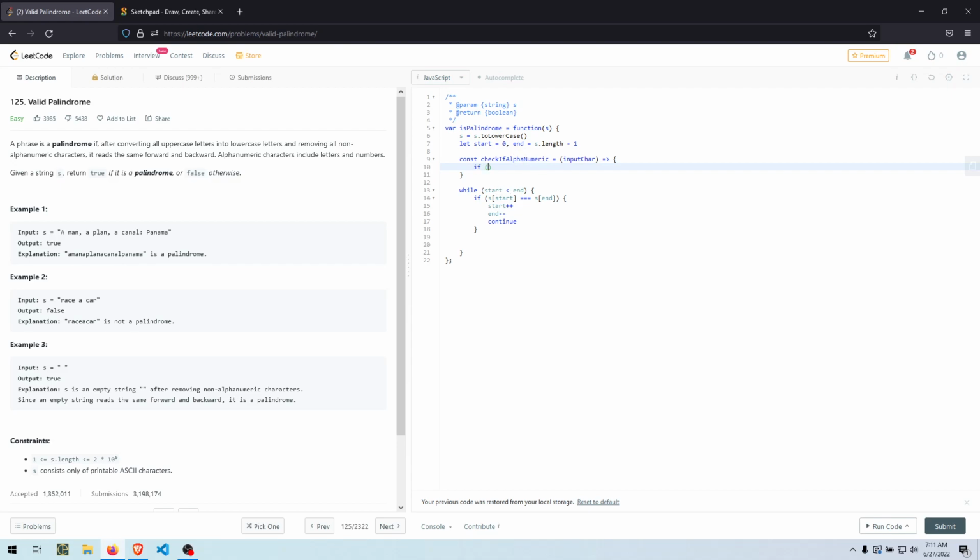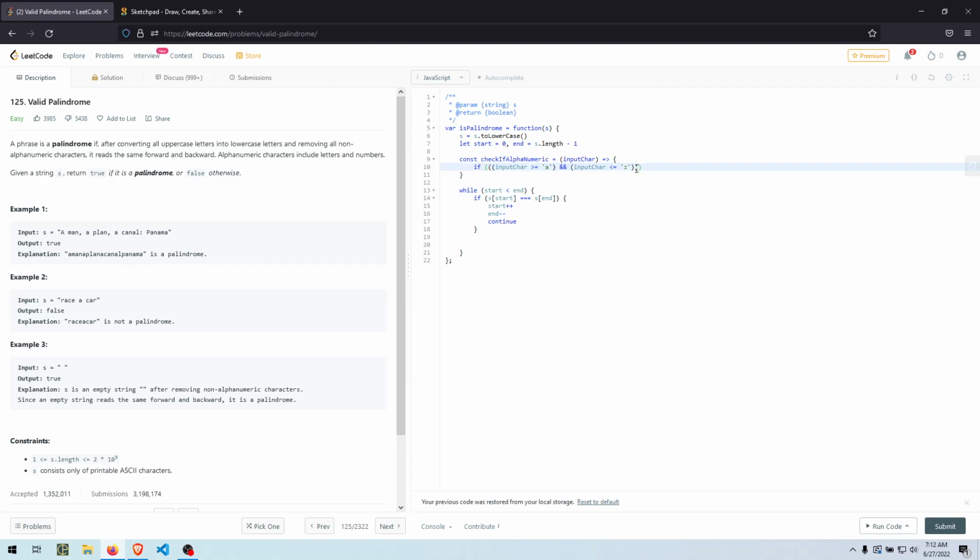So if the input character is greater than or equal to small a, and the input character is smaller than or equal to small z,